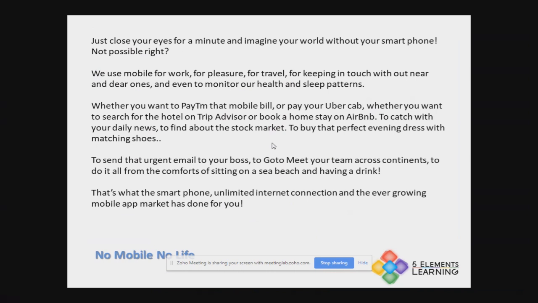So nowadays we cannot even imagine our life without having our mobile phone. It has become like an integral body part now. And we keep using it for work, for travel, for pleasure, for keeping in touch with our near ones, and to even monitor our health and sleeping patterns. To pay your bills, to book your cab, to book that movie ticket, to buy something, you use mobile for almost anything and everything. To ensure that you are attending your meeting even though you are not in office,